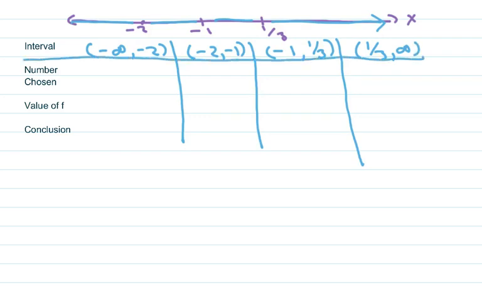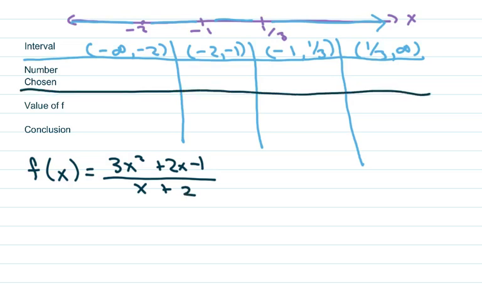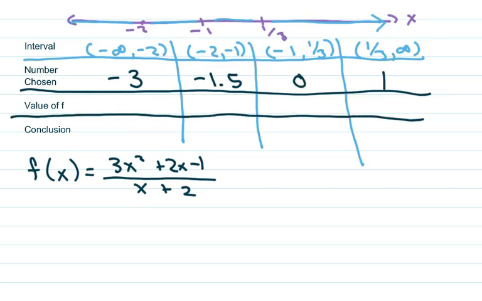I'm going to write down my equation again. It was f of x equals (3x squared plus 2x minus 1) over (x plus 2). And so I'm going to evaluate certain numbers I choose. The numbers I choose were -3, -1.5, 0, and 1. And I evaluate the numbers by plugging them in everywhere there's an x. So I get -20, 5.5, -1/2,